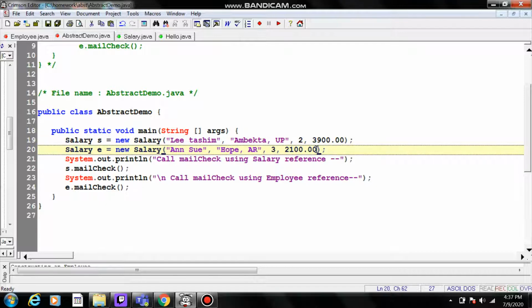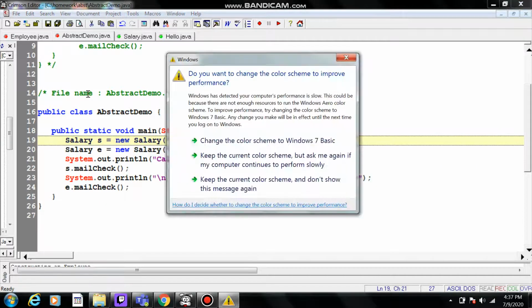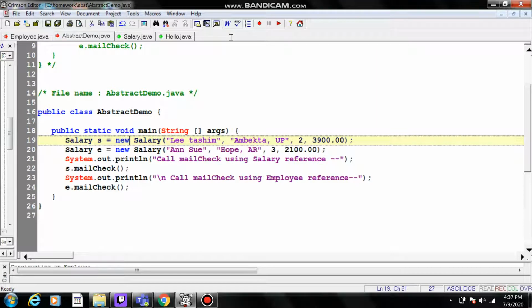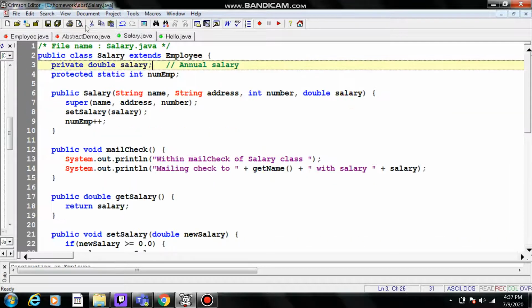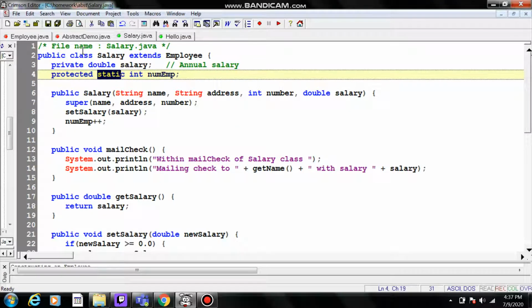But now let's say we wanted to do something that once I fill the instance member, all the objects I create have access to the data in that one instance member. So if I wanted S and E to be able to see, let's say I had number of employees. Well, that means that if I had S and printed out the number of employees, it would be looking at the exact same thing as E, number of employees. The way we do that is we create a static